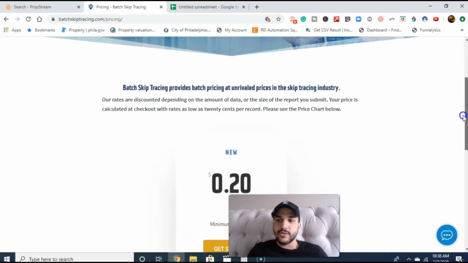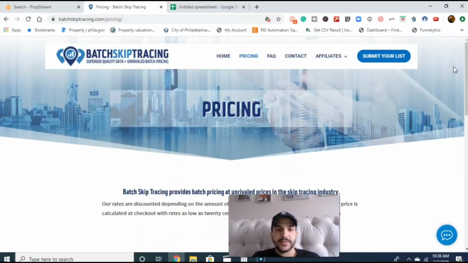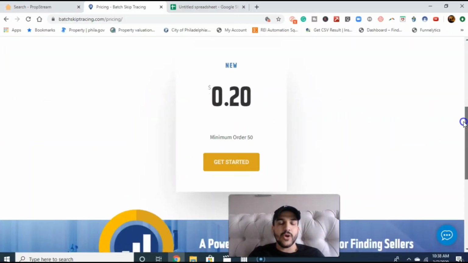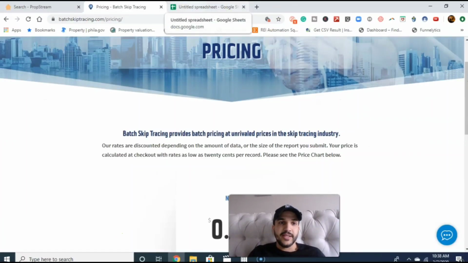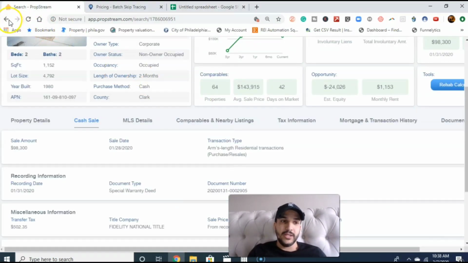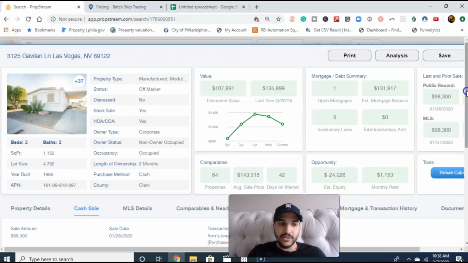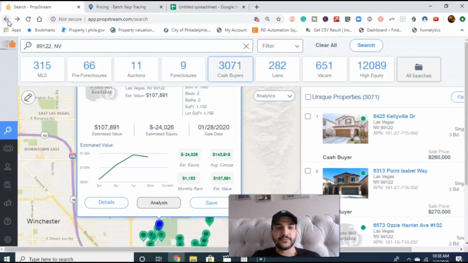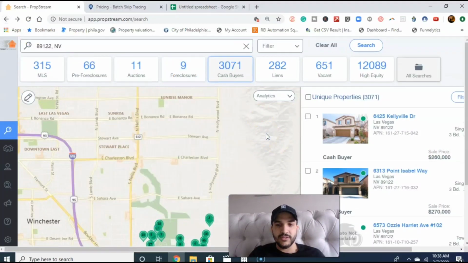So you just gather a list of cash buyers, skip trace them, give them a call, or send them direct mail themselves, and that way you can let them know that you have a potential deal that they might be interested in, because you know at what price point they are buying. You get to see all that information here in Propstream: 2-bedroom, 2-bath, square footage, lot size, all those things. So you get to see exactly at what price point these cash buyers are purchasing these properties for, and that way you don't have to worry about